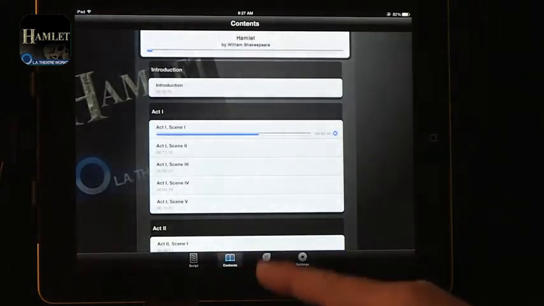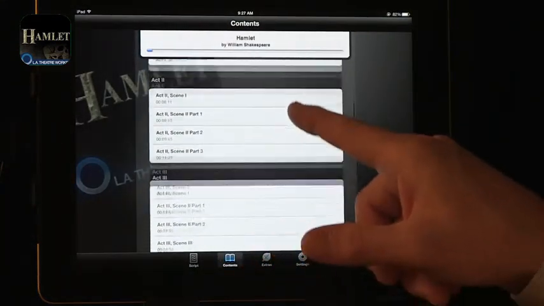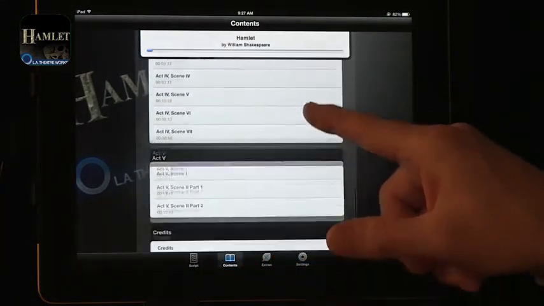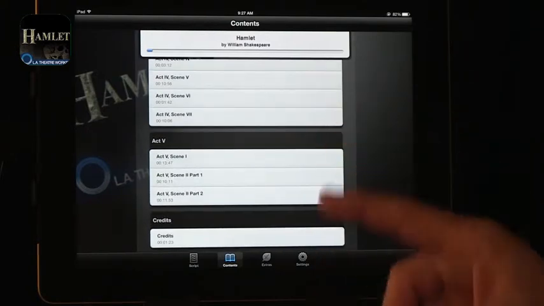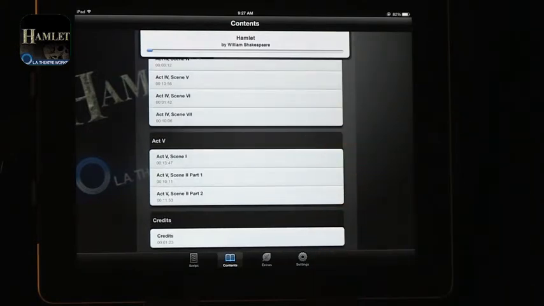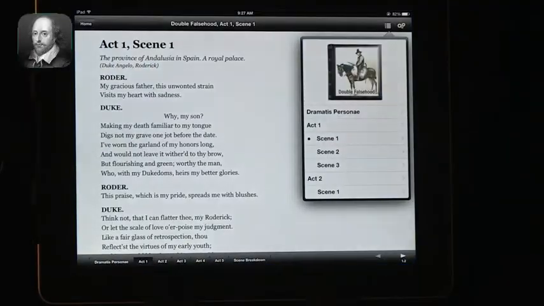You can look at the contents by scene and how long each one is, and you can also see what other plays they have this way. So this is just the play, but it does come to life with this fantastic reading of Hamlet. The next app I want to talk about is called Shakespeare, and this is from Riddle, and this has a